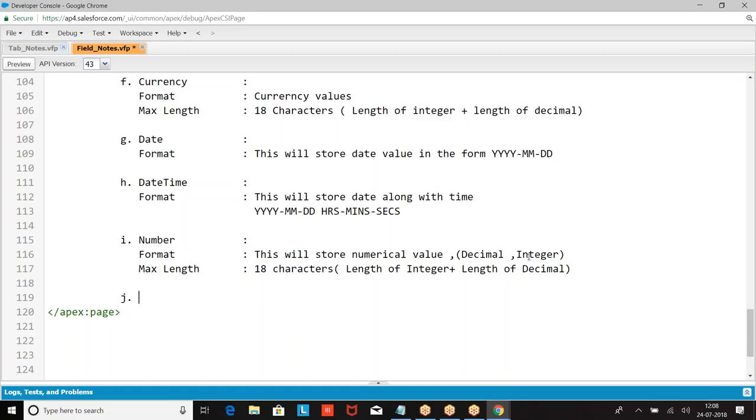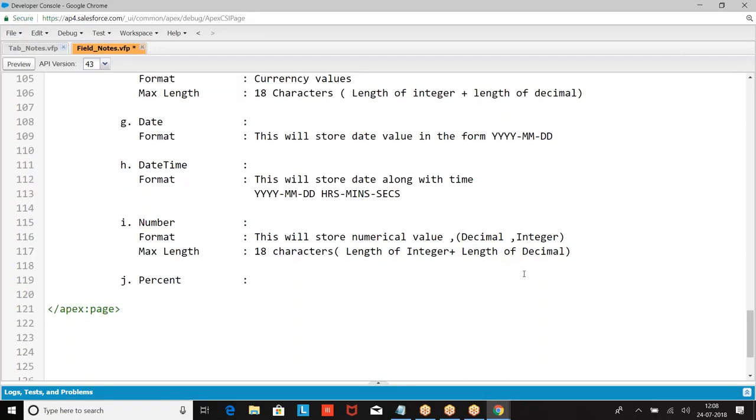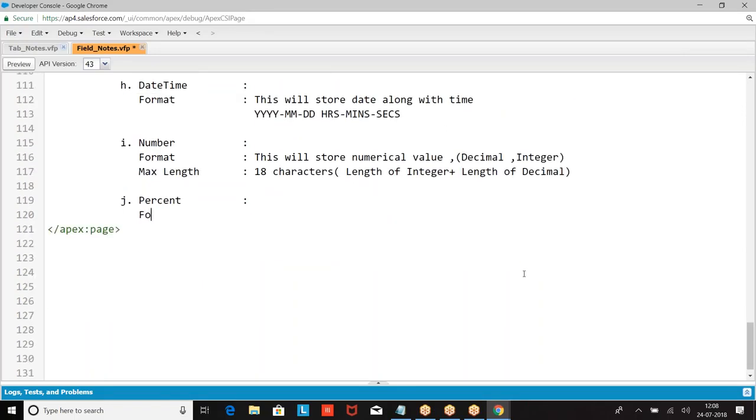What is the other one we can take? Percent. When I say percent, it will append percentage symbol after data.